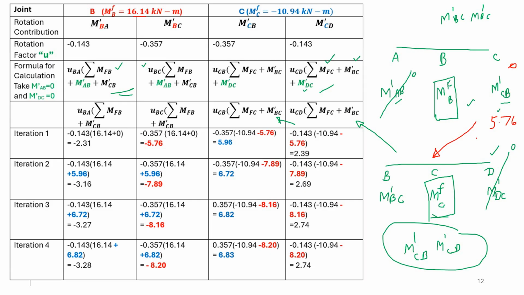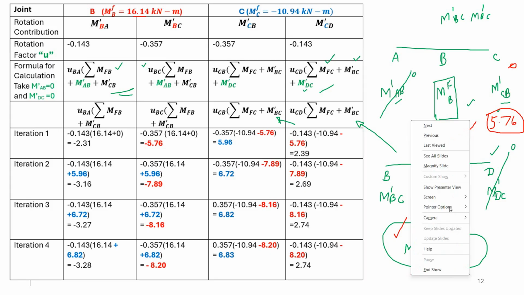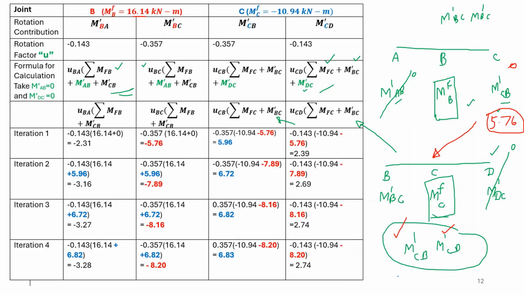Then here also for calculating the m dash CD, so m dash CB and m dash CD, you are going to use this value. So once you use this value, finally you are getting m dash CB. So what is the value obtained for m dash CB? I will clarify it once again, m dash CB is nothing but